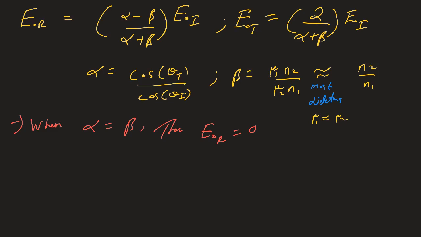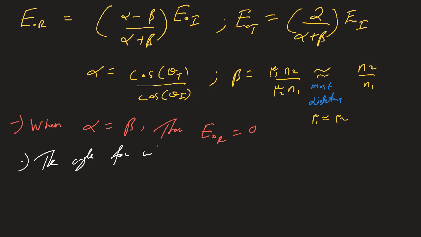The only thing you can change, of course, is the incident angle. So you change your incident angle, and you change alpha, and beta is still a constant. Corresponding to every theta i, you get a corresponding theta t, and at some point alpha can become equal to beta, and so the special angle